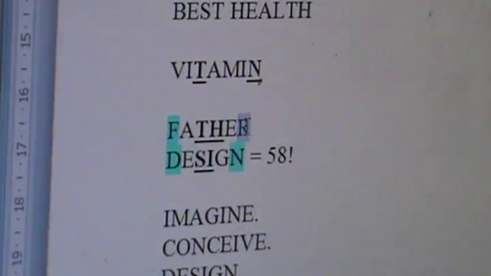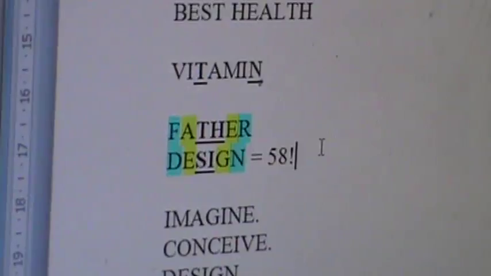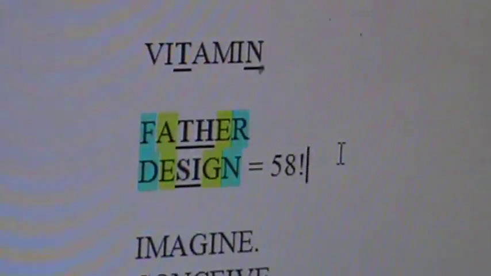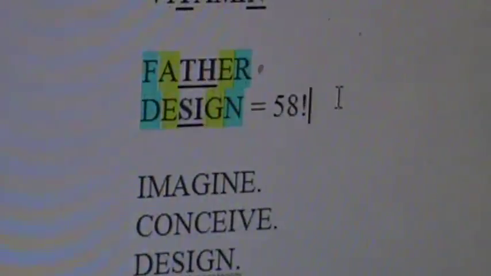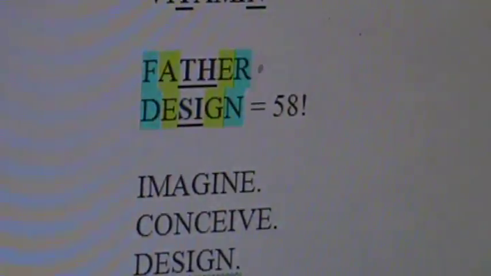The F and the R are pure sixes, double and triple six respectively. And then the E and the A is 6, and the E and the G is double 6. There you go. I've just proven mathematically that God the Father owns every design, and of course the design of the entire universe and all things therein. Amen. So design equals Father. Good night. It's been solved.